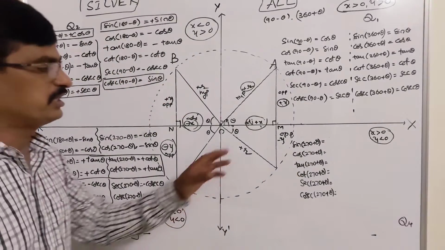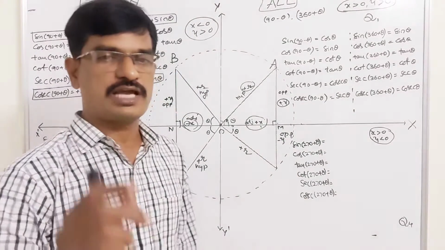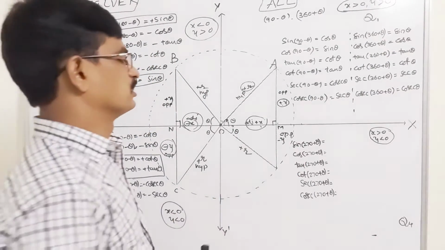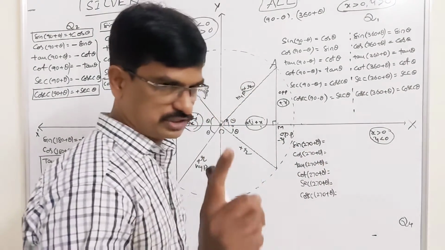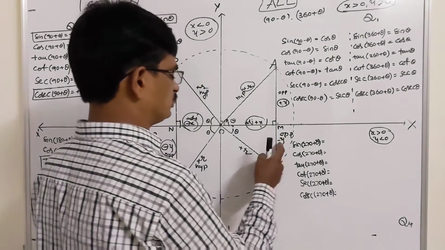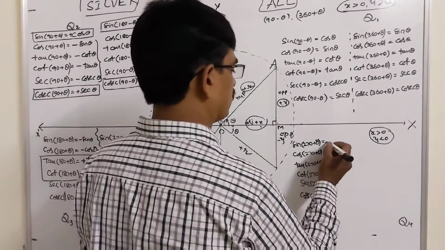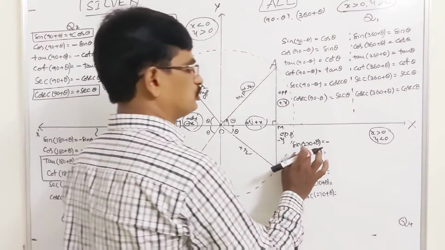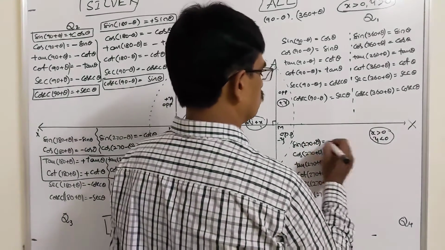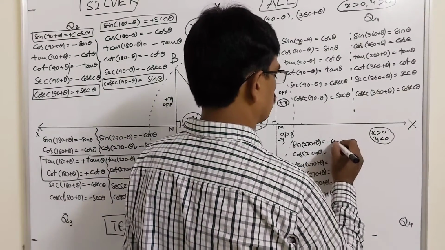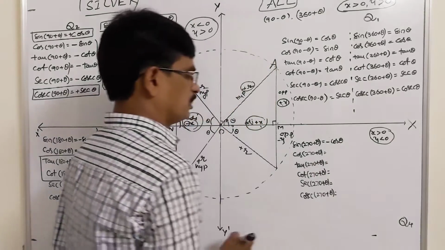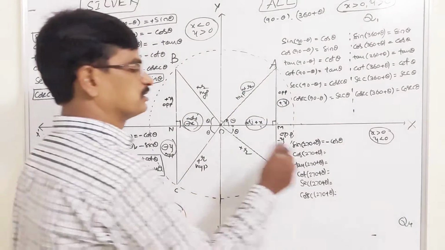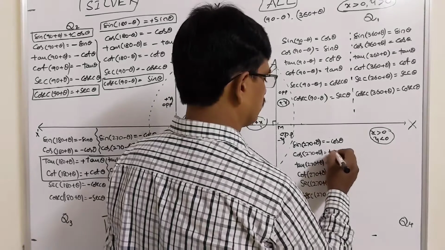That is, if any trigonometric ratio is having the opposite side, then it becomes minus only. So in the sine, opposite side by hypotenuse, minus by plus, minus. In 270 degrees, 3 right angles are there. So sine becomes cos, that is cos theta. Okay, next cos, adjacent side by hypotenuse, plus by plus, that is plus sine theta.